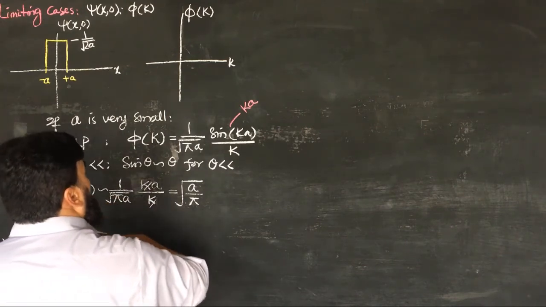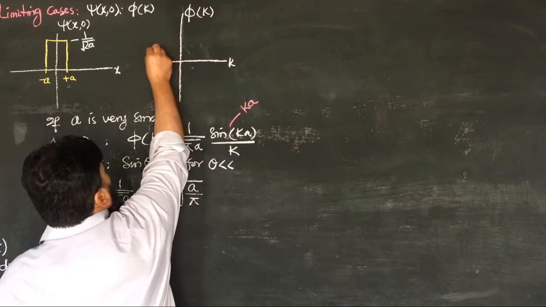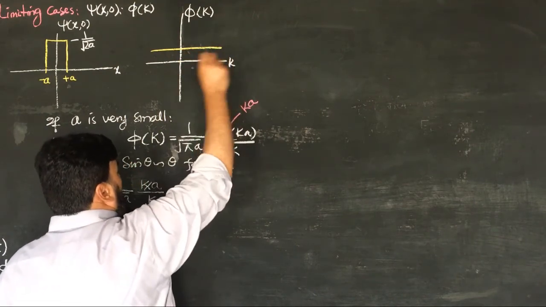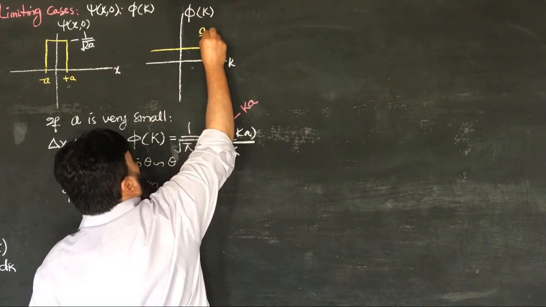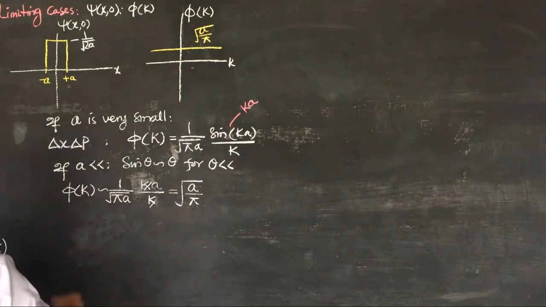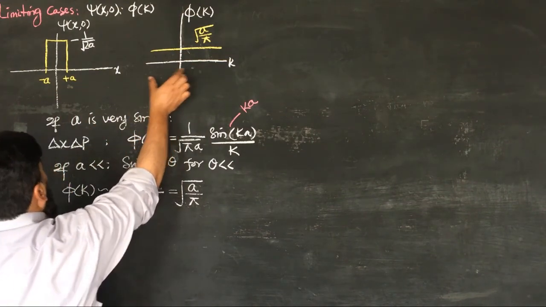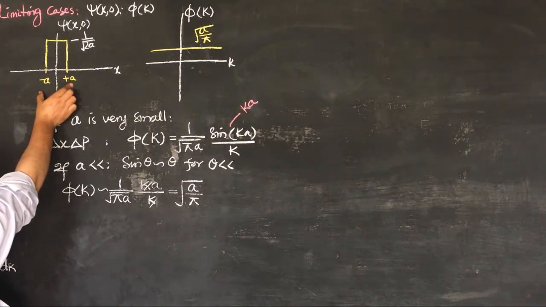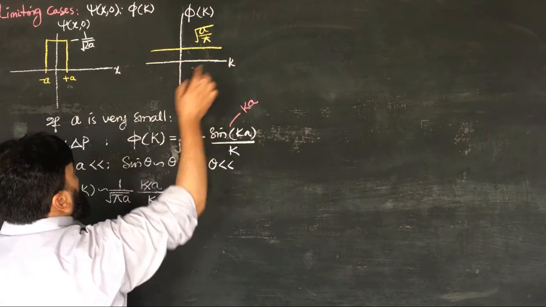So phi of k is approximately a over pi, and what will happen is that this will be too broad, or the end limits will be just like this, and this will be the value of phi of k. So if I restrict space, the momentum becomes huge, and when I restrict the wave function in space, it will not be restricted in k, or it will be huge, extending to minus infinity to